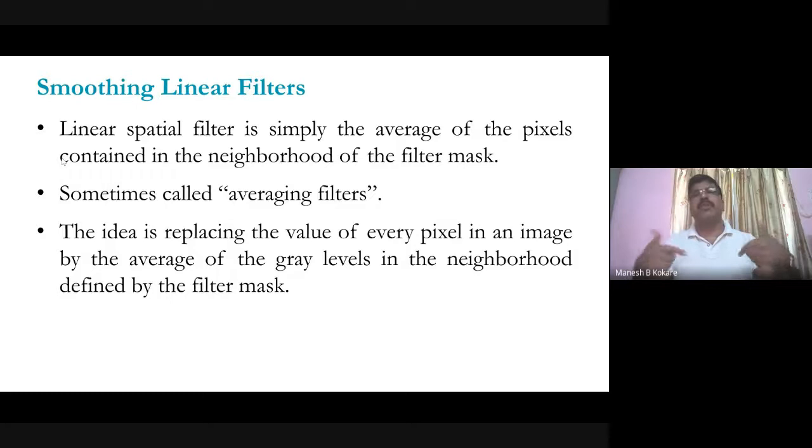So that operation is nothing but the averaging operation. So what will happen? For example, if you are removing this 255 by doing the averaging, 0 is added. Basically, 255 multiplied by 1 will be there, but the rest of the 8 neighborhoods will have 0 value. So it is 255 divided by 9. So after one level of this filtering, the intensity of that noisy pixel will be reduced by 9 times.